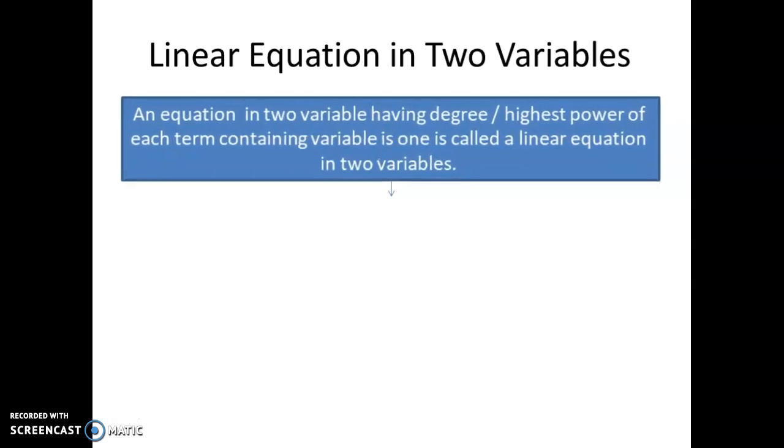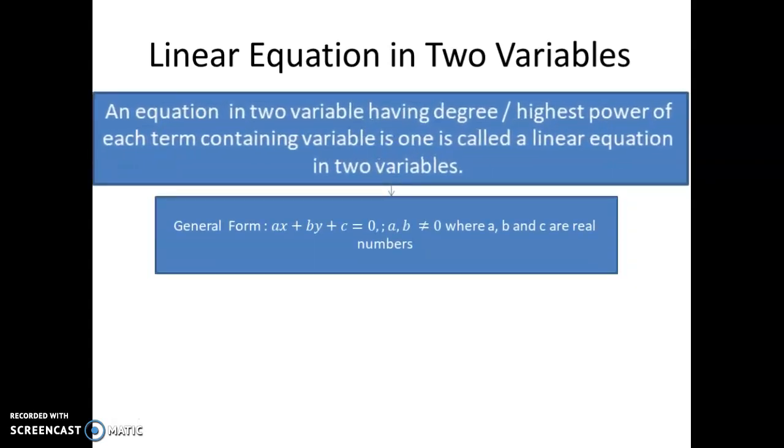Okay, let's see the standard or the general form of the linear equation. A general form is ax plus by plus c is equal to 0, where x and y are the variables of this equation, and a, b and c are numbers, or we can also say a and b are non-zero numerical coefficients of the equation. The values of the variables, that is the values of x and y, are known as the solution of this equation. When we substitute the values of x and y in this equation and get 0, they will be the solution of these linear equations.